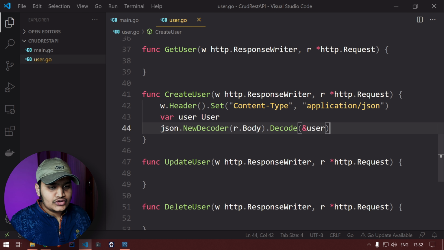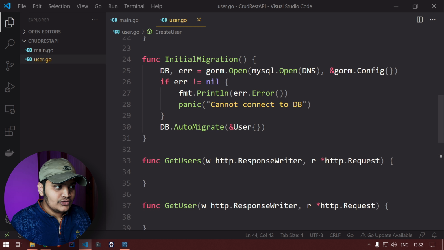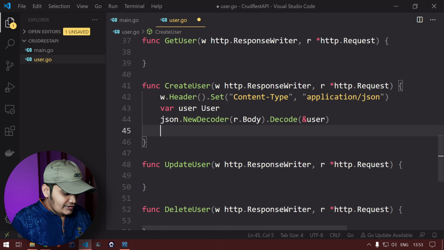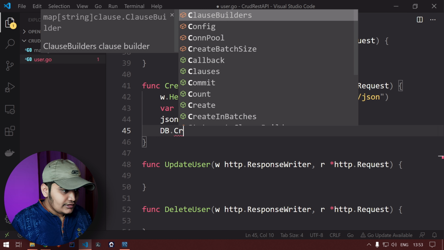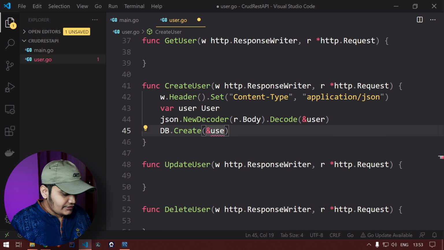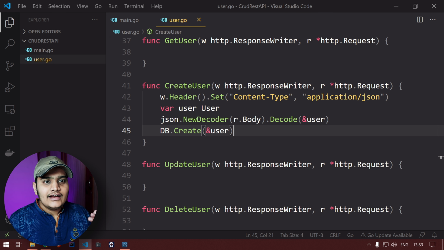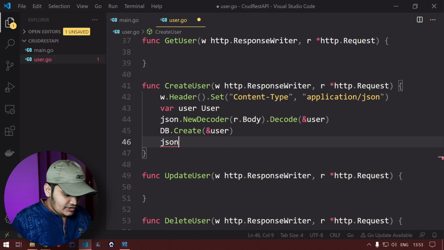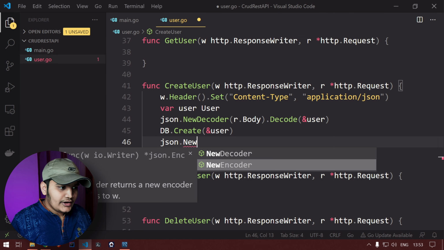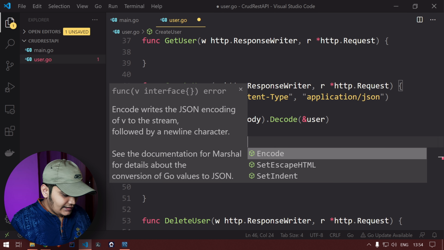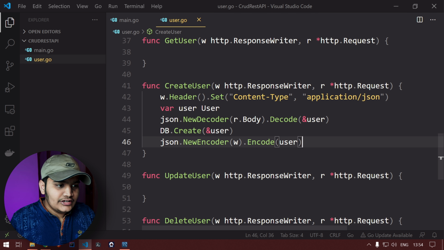Now we have to store the data, and before that you can see that we have used JSON, so it will be added to the import list as well. Now let's go ahead and save the data. We will use the db.Create method to save the data, and here we will pass the reference of the user. Simple as that. Once the data is saved, let's pass the data back to the browser. We will say json.NewEncoder, and we will encode the data to our response writer, and then encode the user object. So this will pass the data back.